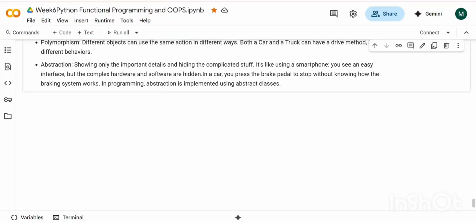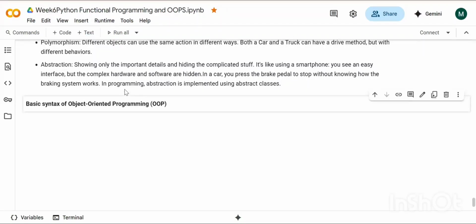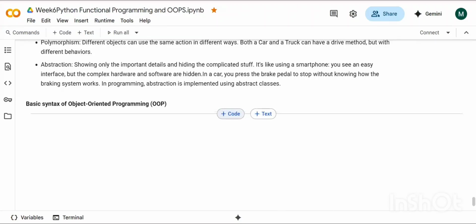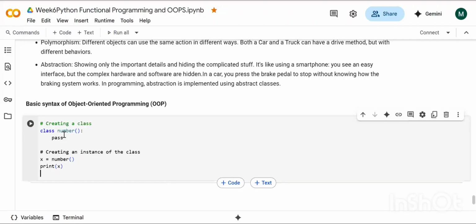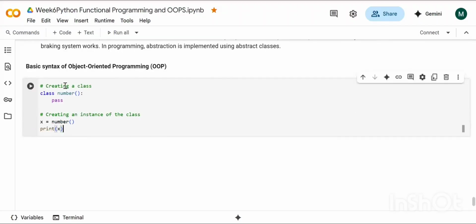So guys, let's start with the basic syntax first. Let's start with the basic concept of OOPs. Here you can see the basic syntax: class. Class is what?